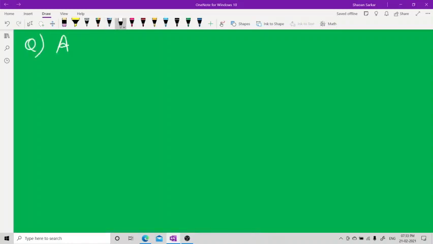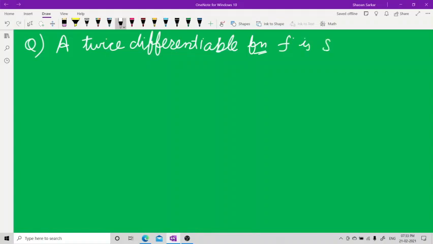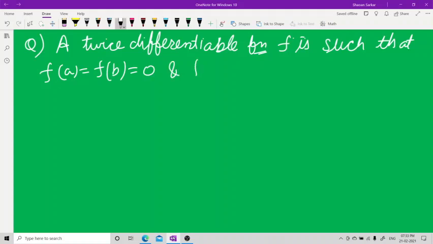A twice differentiable function f is such that f(a) = f(b) = 0 and f(c) is greater than 0 for some c, with a less than c less than b. Prove that